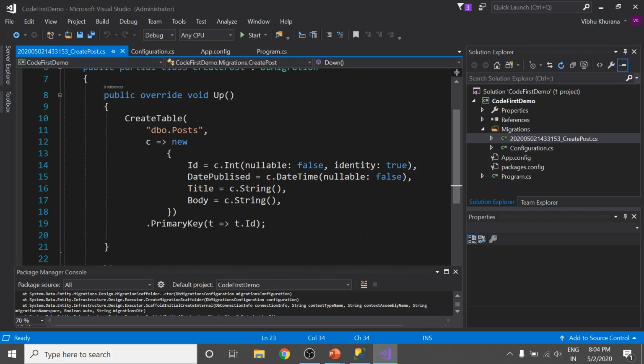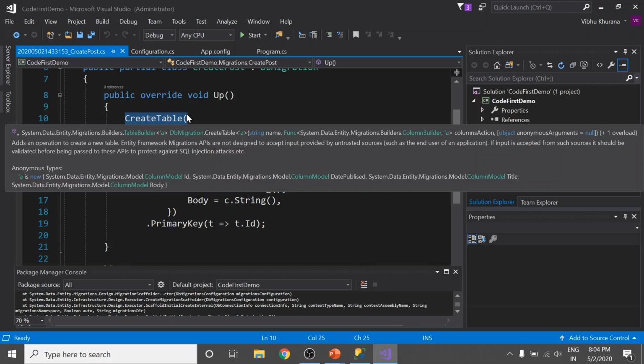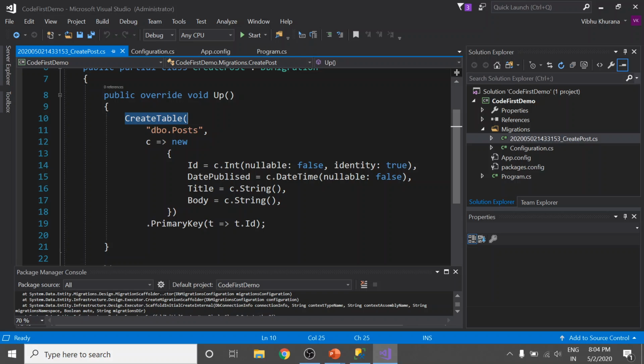Okay, now let's see what's happening inside this method. Here we are making a call to a function called CreateTable. It tries to create a table called posts with these columns. Here Id is an integer, it is not nullable, and it is identity.